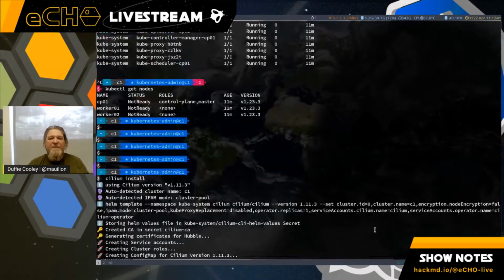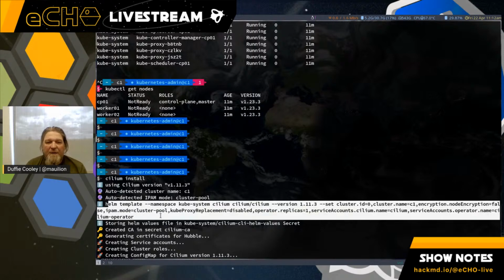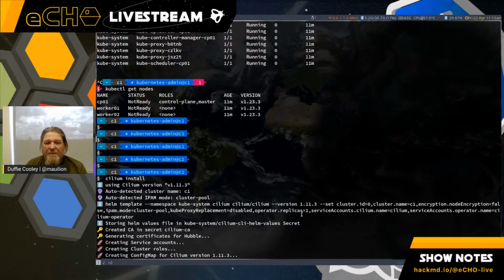Now, there's been some changes to the Cilium CLI, and I'm actually pretty excited about them. One of the changes is that as part of the Cilium CLI, when you do a Cilium install now, it's actually going to do a Helm template command, and you can see exactly what commands are being used here, right? So I already have kube-proxy in there, so I'm just going to leverage the kube-proxy replacement functionality.